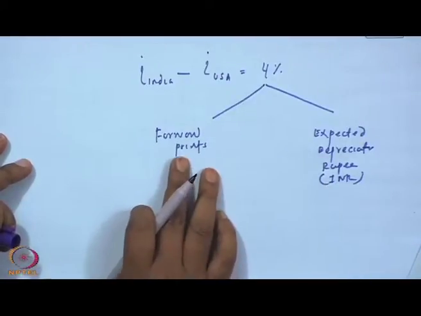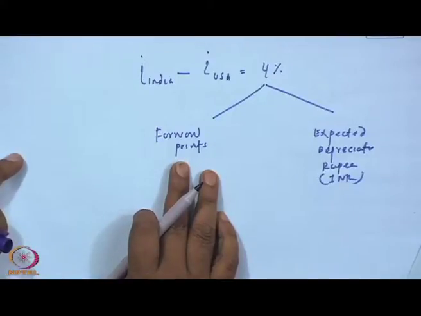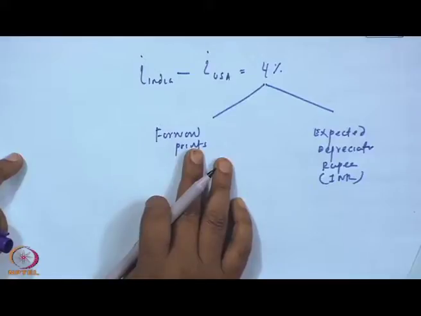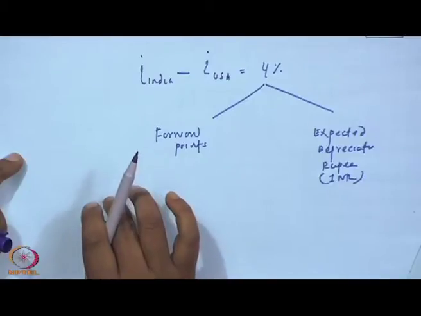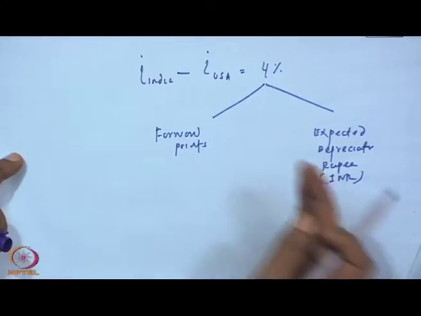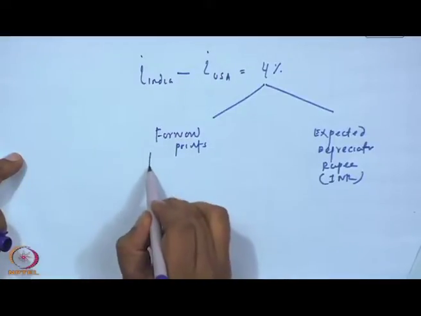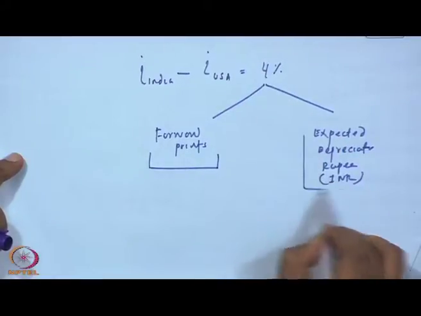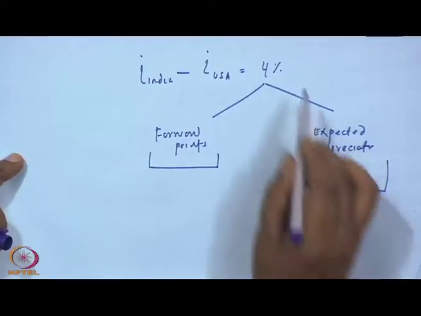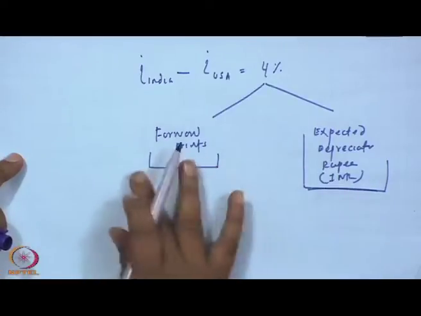So, two ways it can be wiped out. First way, either the forward premium is increased, because here the rupee is depreciating. So, forward premium will appreciate, that is forward points will be appreciated, forward premium will increase, that is when I want to convert the US dollar into Indian rupee, and again Indian rupee to US dollar, the forward premium will increase in such a way that it will reflect the availability of 4% differential, or rupee may depreciate to such an extent that the 4% interest rate differential is not available. On these two adjustment processes,